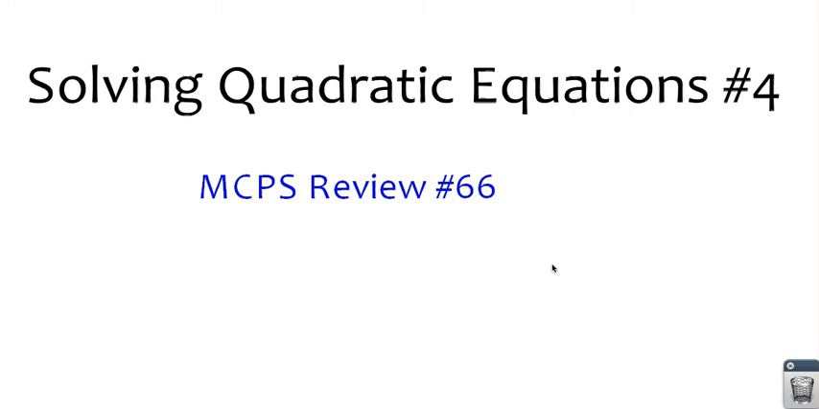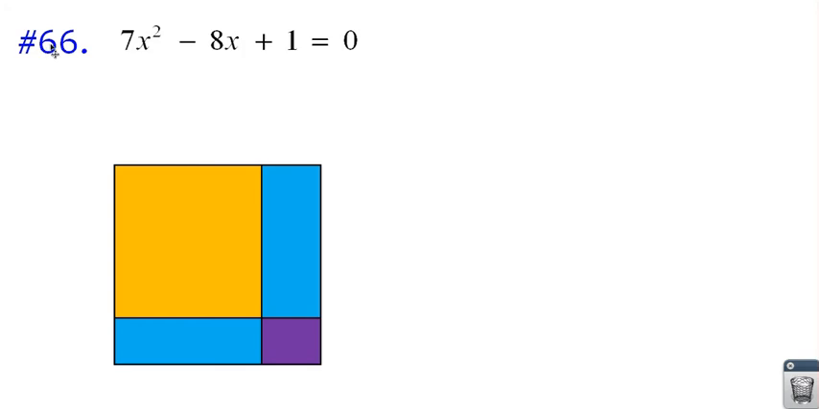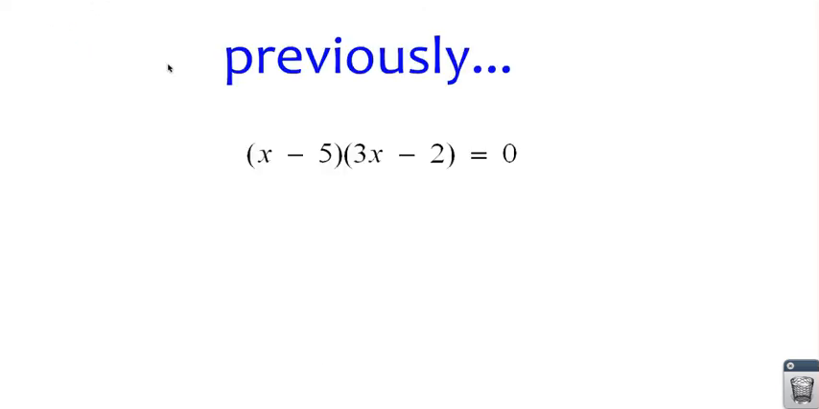Hi there. In this video, we continue our discussion of solving quadratic equations. Here we look at problem 66, in which we're supposed to solve the equation 7x squared minus 8x plus 1 equals 0. Again, just by way of compare and contrast, looking at the example we did previously, this equation was